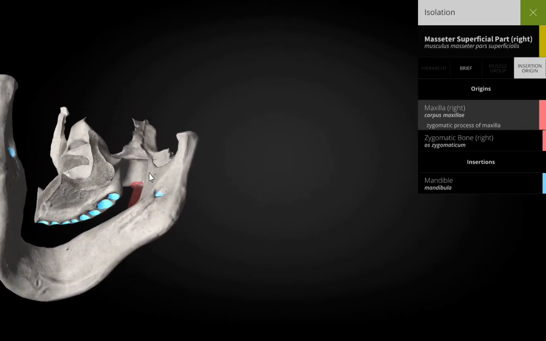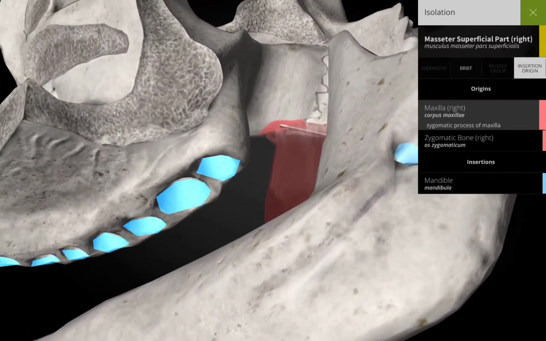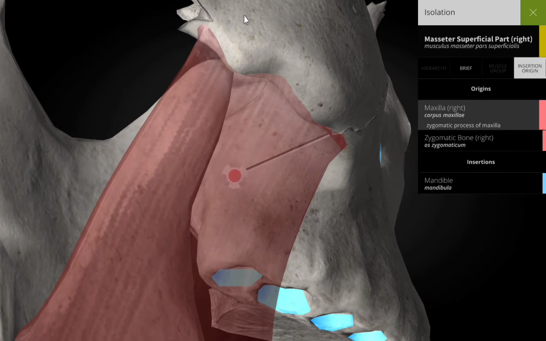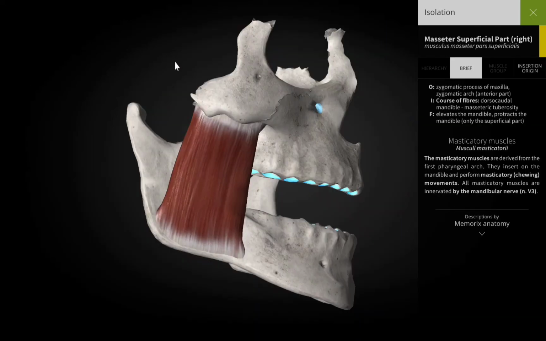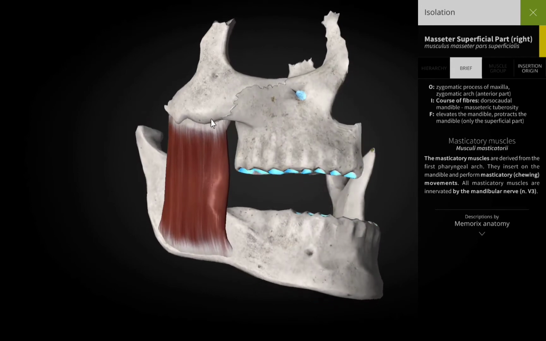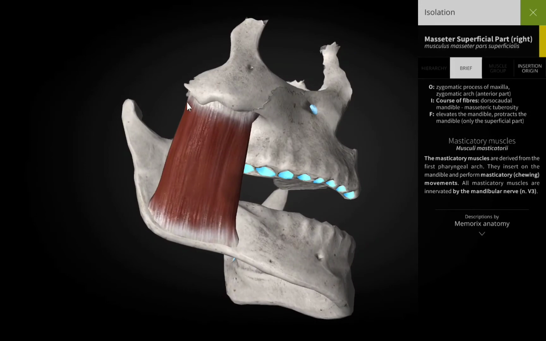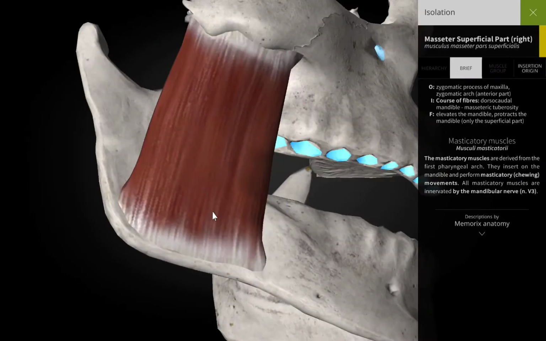You can see that. That is the zygomatic process of the maxilla, from where some portion of the superficial layer of the masseter muscle arises, and this portion is the zygomatic arch, and that too the lower border of the zygomatic arch. So in brief, again I am saying the origin of the masseter muscle. It arises from the zygomatic process of the maxilla as well as from the zygomatic arch, and that on the lower border. Now coming to the insertion of the masseter muscle.